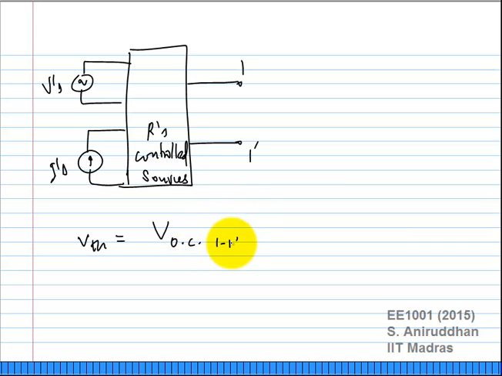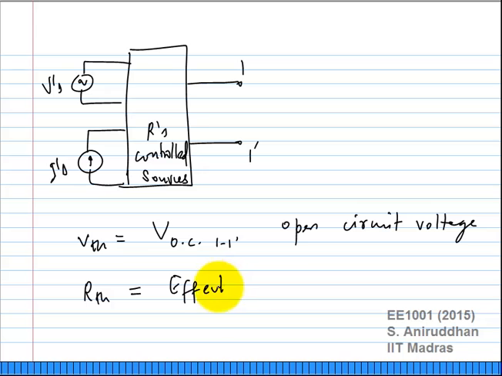If I want to find the Thevenin resistance, I define it as the looking-in resistance, the effective resistance between 1 and 1 prime, but in a very special condition,